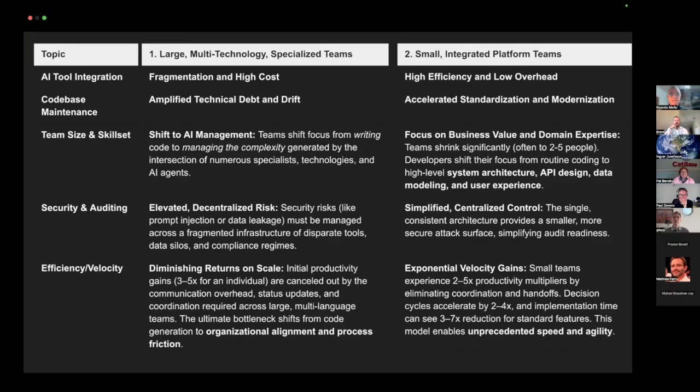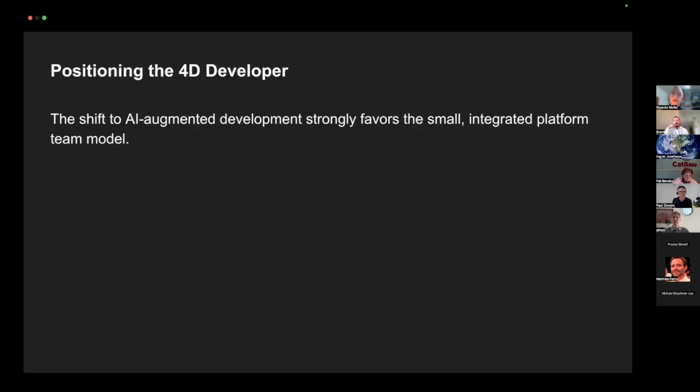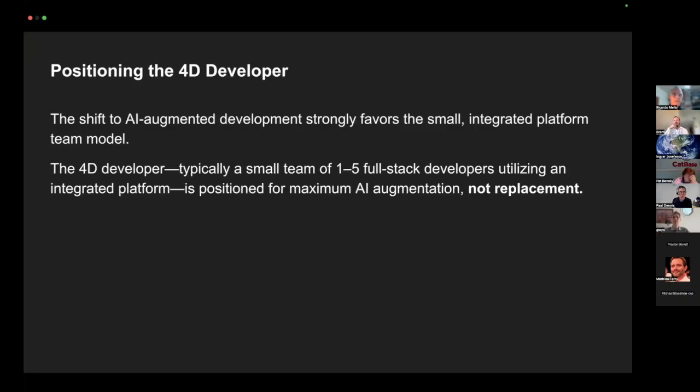Many reasons. So I also asked for a position for the developer. And it wrote me this: the shift to AI-augmented development strongly favors the small integrated platform team model. For the developer, typically a small team of 1 to 5 full-stack developers, because I wrote that, right? I gave that information to them, which is true.